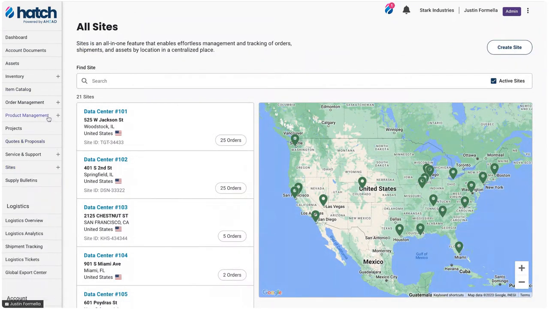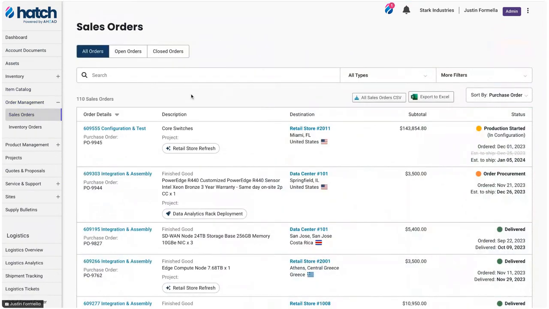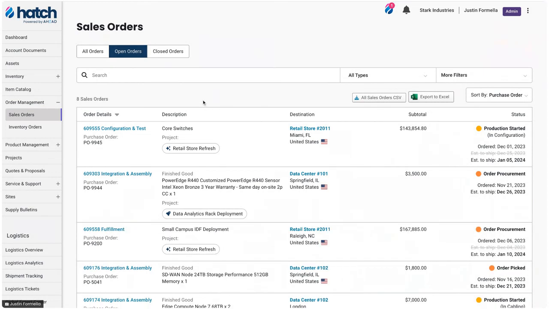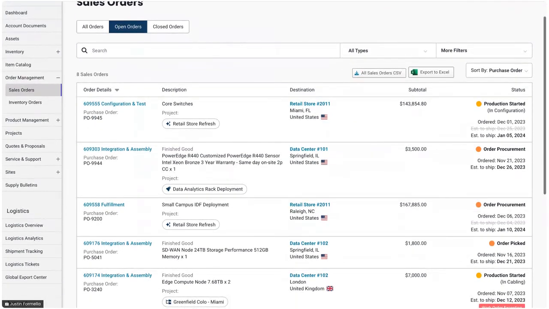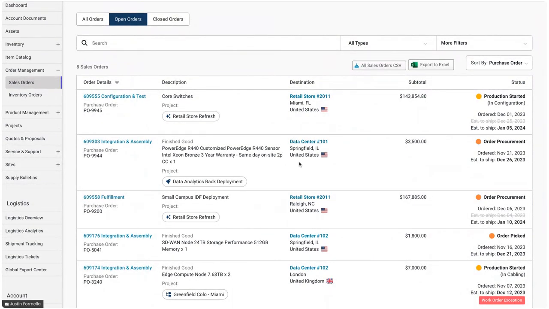The next pillar I'm going to jump into is procurement. And on the procurement side, first off, we start with order activity. When you're sourcing any equipment, so let's talk through a scenario in which we're sourcing switches, some core switches. We can see here we have all of the open order activity in one place. We can see everything from where is it going, what site it's tagged to, what is it that this is, what project it may be associated to, when is it estimated to ship, when was it ordered, and very, very granular details on what the actual status of that is.